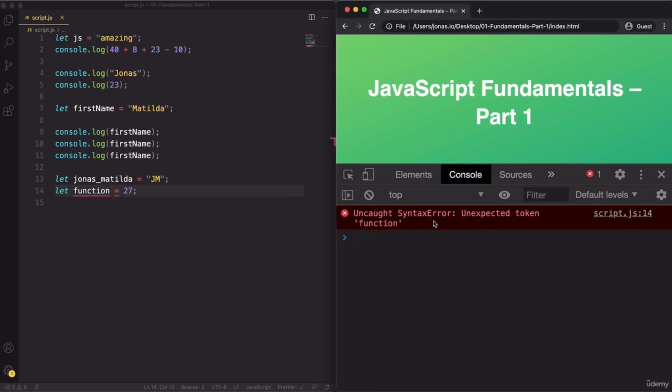So again, unexpected token here. If we wanted to fix that, we could, for example, start this variable name with an underscore or with the $ sign. So that's the only two symbols that are allowed besides letters and numbers. Another variable name that's kind of reserved but still actually allowed to use is the word name. So we could do this